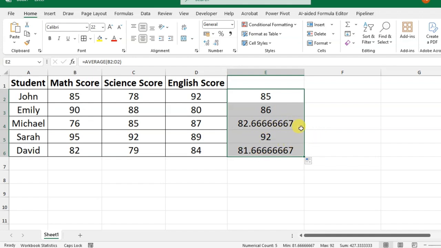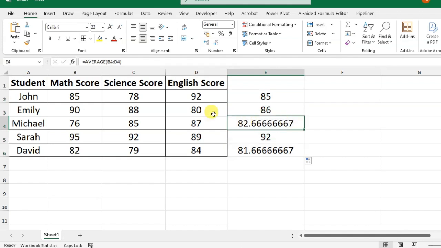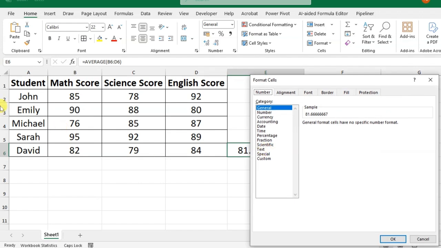If you want to remove the decimals, just simply select the cells, go to the Home tab in the Number group. Click on this option, Decrease Decimal. Just click on it and see the changes over here. The decimals are decreased. The second way, simply select the cells, use the shortcut key Ctrl+1, and here you